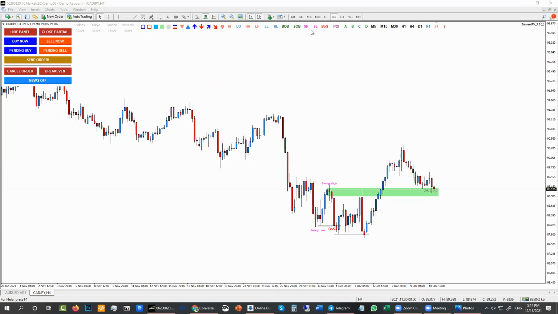Especially M15, so you are not in a rush that you have to do it always on M1, because it's just too fast, especially for the beginner. I really suggest just trade on M5 or M15, so it is not too fast for you. And later, once you really understand how to put the break of structure either for buy or sell, it can be easier for you and you will have more experience to trade it on M1.